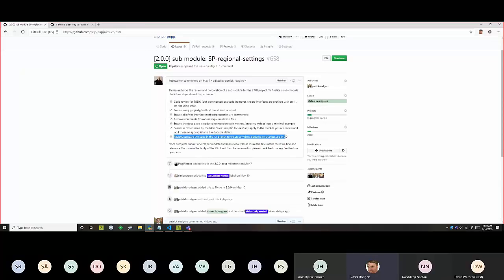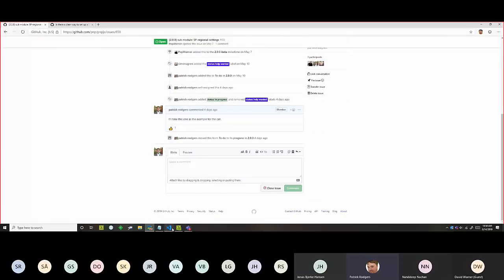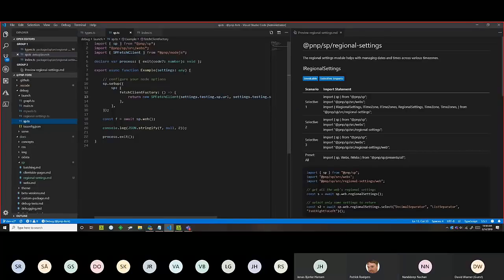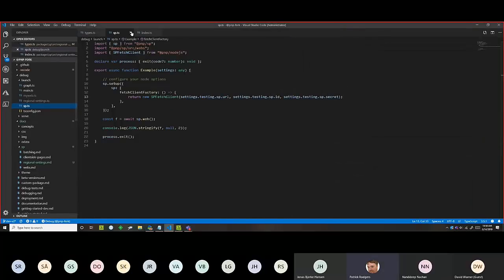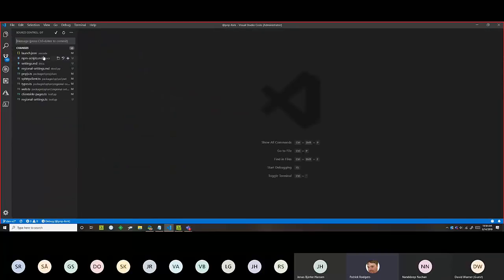So, hey, cool. I have done all my checklist. I feel really good about it. So now I'm going to go back to my code. The last thing you want to do before you check all this in and submit a pull request, it's always a good idea, is see what files you've changed. I've changed a few other files as I was going through this yesterday with Julie and Simon and David. I noticed a few things I wanted to correct. So you can ignore some of this, but for example,